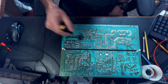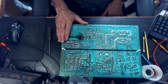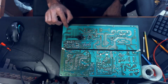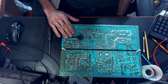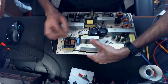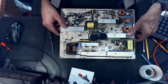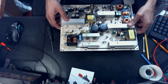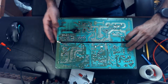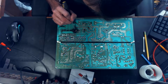and pretty much just destroying this section of the board. Now, I think that this is going to be salvageable, and the way that we'll do that is we'll actually desolder this transformer, and we'll also desolder this cap. I believe that this is just some sort of a filtering cap, but I want to desolder both of them and clean the board up, and we'll get in here with a Dremel and try to cut some